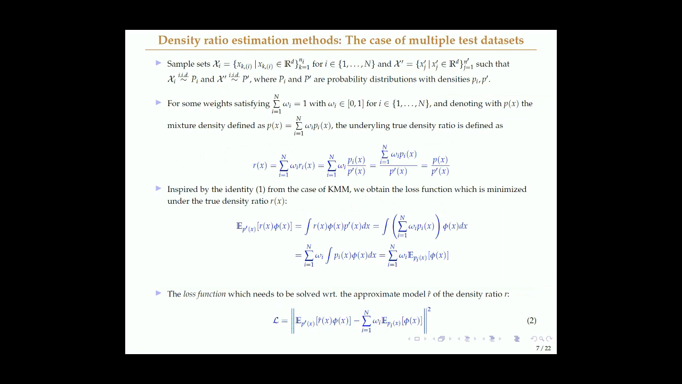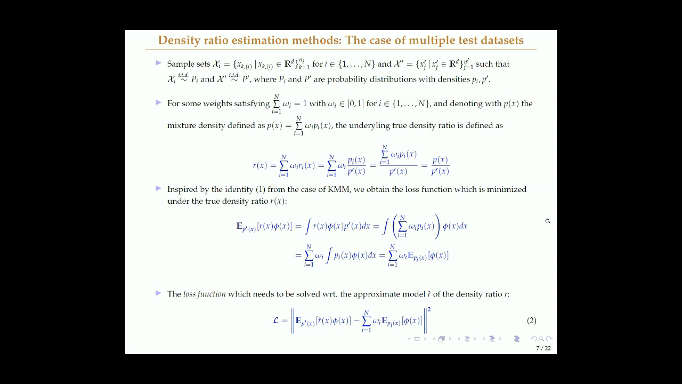Let's say that we have multiple test data sets and a single train data set, and we define the density ratio function as a mixture of density ratio functions that depend on each subset. By using some algebraic manipulations, we find this chain of equalities, and by using the aforementioned loss function approach, we reach this objective function. I will emphasize again that using this chain of equalities, the loss function is actually equal to 0 when one is working with the true